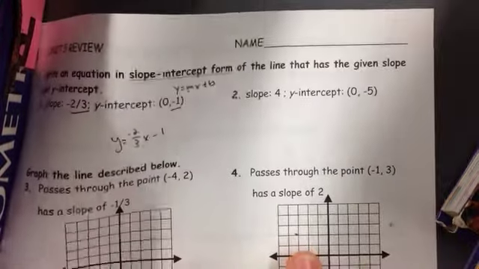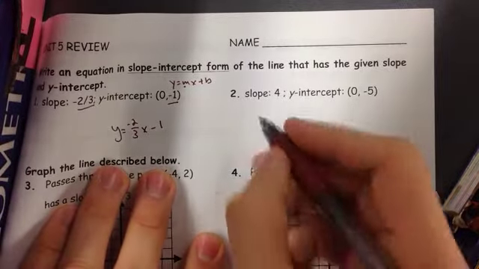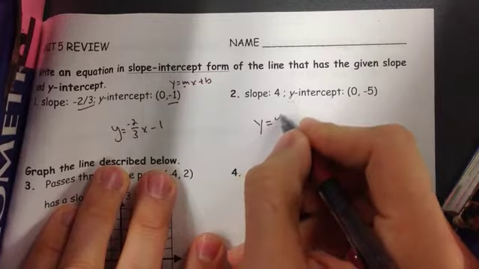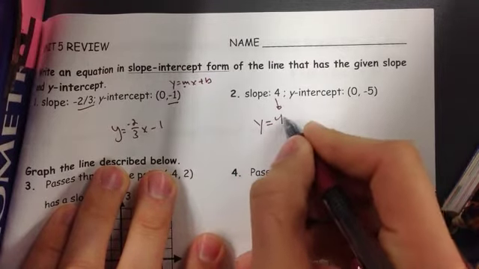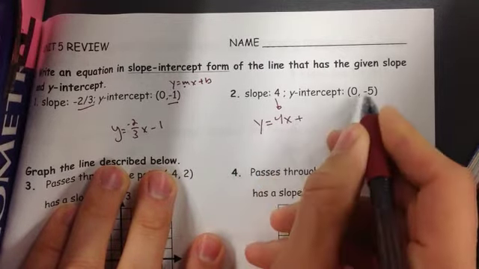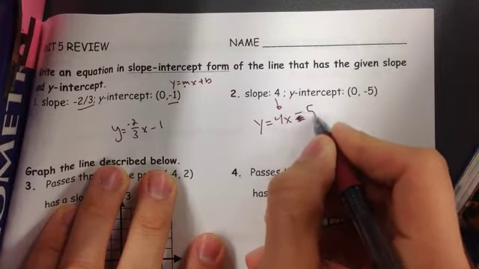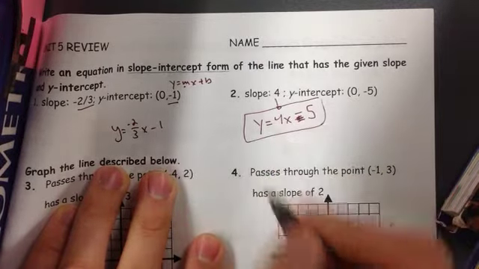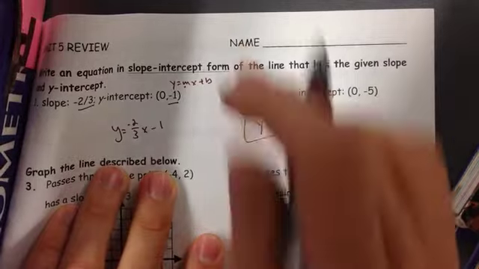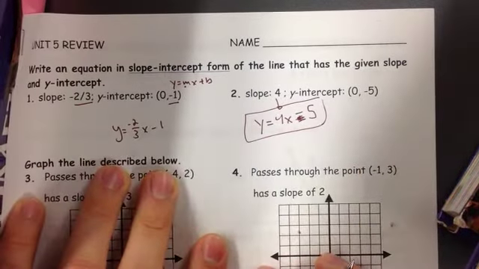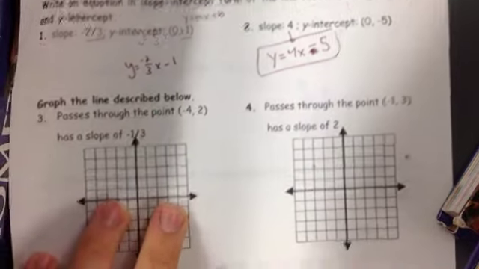On number 2, very similar. They tell us the slope, they tell us the y-intercept. We have y equals m, which they give us at 4, x plus b, which they make negative 5. You can write that plus minus. It's algebraically accurate, but as always, I would tell you just write the minus. On number 3,